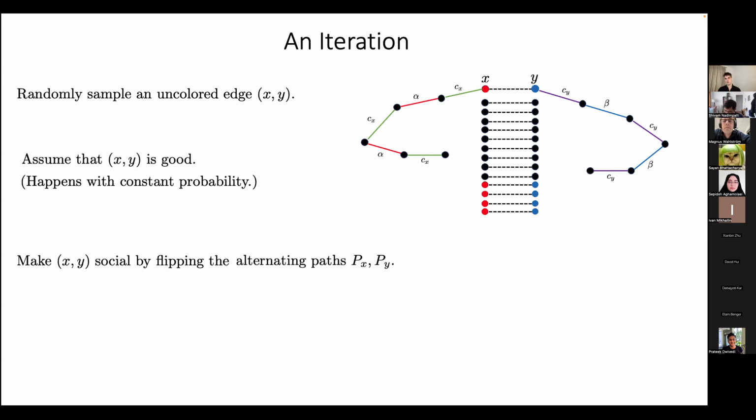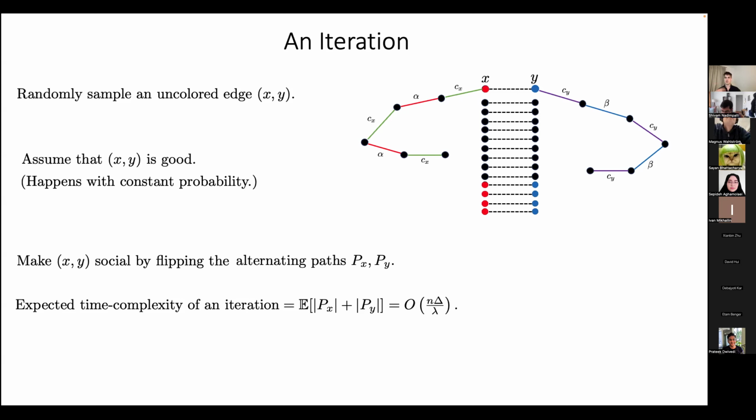And then the number of iterations that this process will run for in expectation is only going to be lambda over delta. And the key observation here is, what is the time that it takes for this process to be carried out? Well, if you sample one of these edges uniformly at random, the time that it takes to make this edge social is just going to be proportional to the sum of the lengths of these paths that you have to flip. And because every single one of these edges has associated to it some unique alternating path that gets flipped if we try and make this edge social,